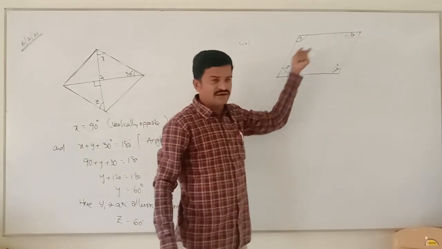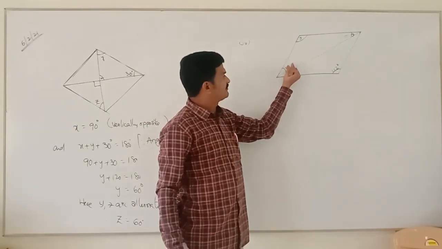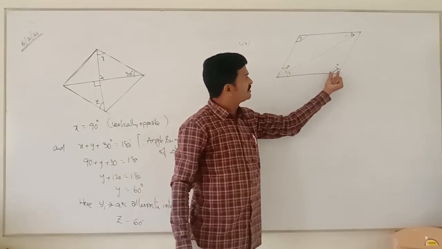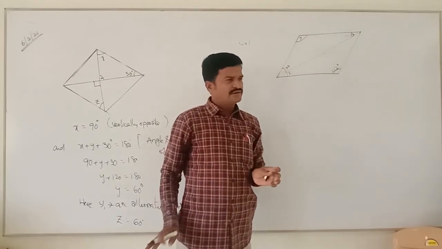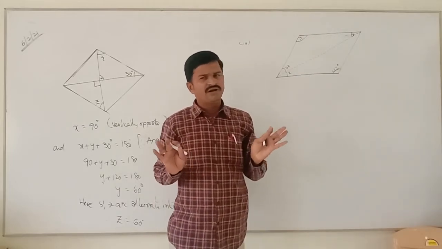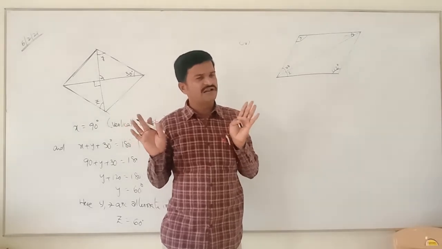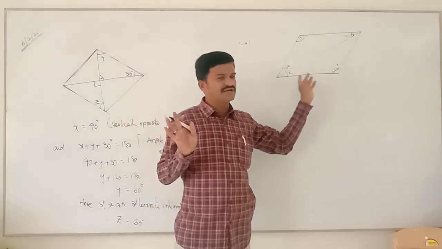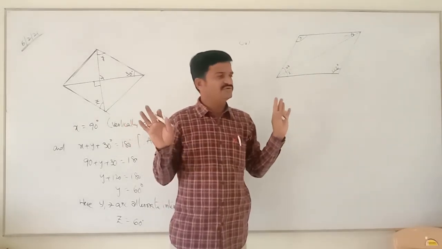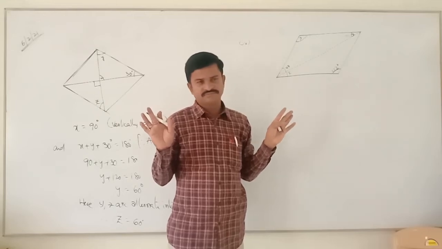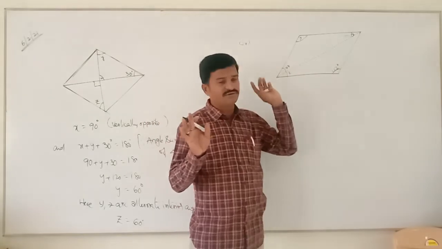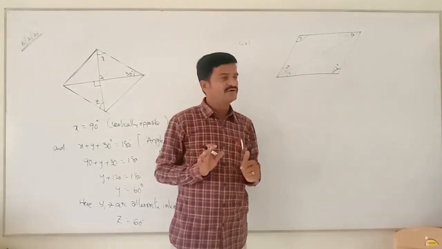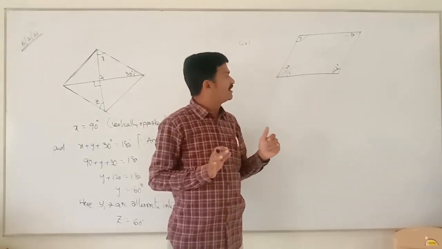He has drawn the diagram, and here he mentioned 40. It is z. It is 112, and it is x, and it is y. Straight away, the value of one of the unknown things we came to know directly. What is that here in this diagram? Directly we come to know without doing any calculations. y equals 112.